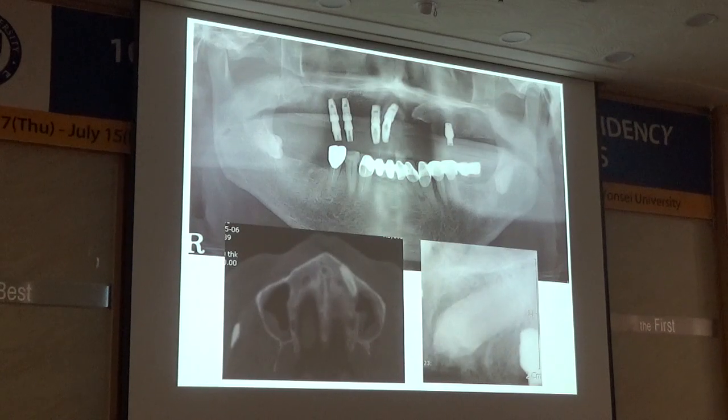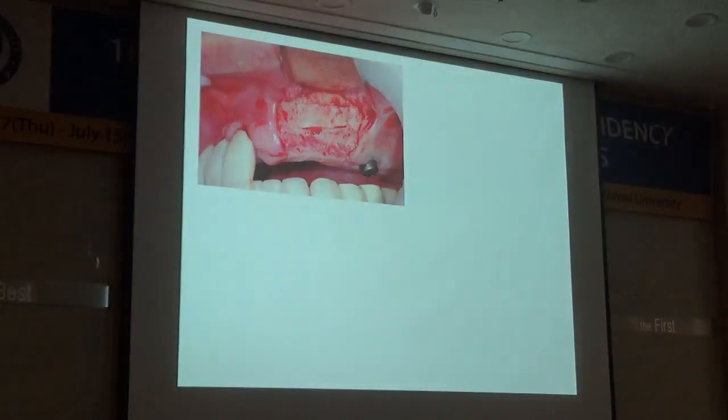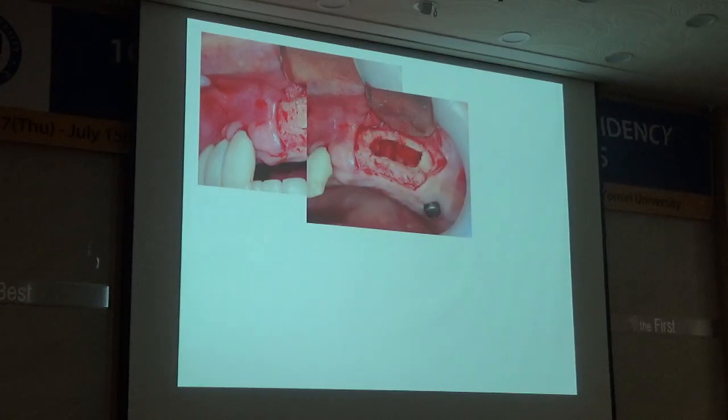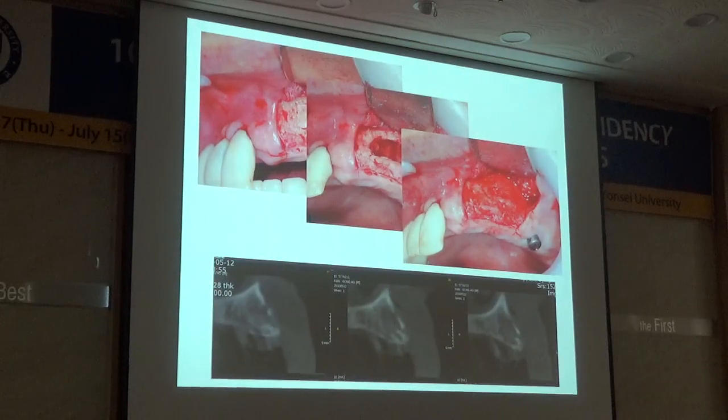So I asked the patient and the doctor, are you planning to do the implant on that side? Okay, I will do the implant on the left canine side. Then I extracted it. I raised a larger flap and made an opening at the infected canine, and then just pulled out the tooth and then grafted the site, and then this is the final result. So this kind of technique may be beneficial for the future implant placement.